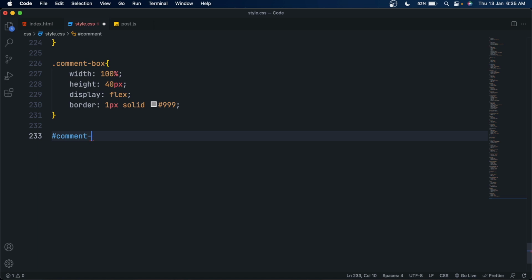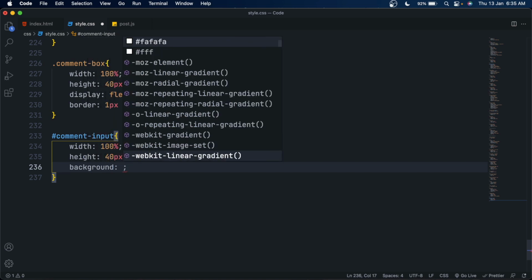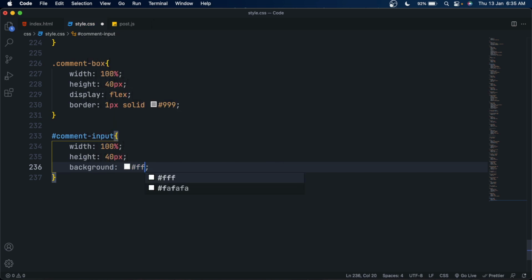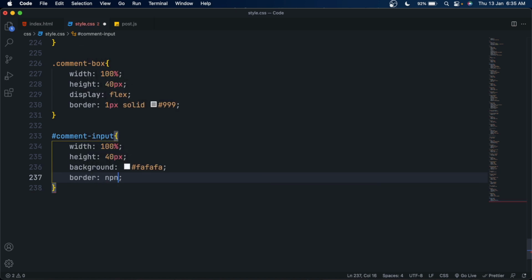Now select the comment input using id selector, and inside it set its width to 100% and set its height to 40 pixels. Give it a background of white, or actually this color, not white, and remove its border by border none.